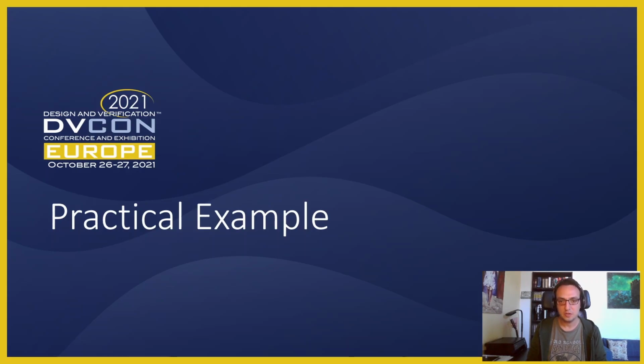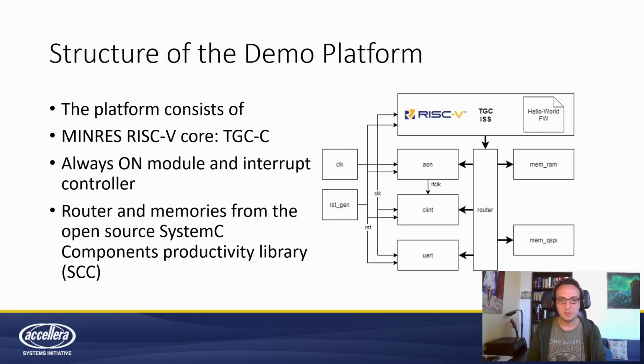In this demo session, we will build up a Python top level for a small VP system. The system is based on the TGC processor and a minimal set of peripherals. TGC is MINRES implementation of a 32-bit RISC-V core. So this ISS is representing a real silicon-proven RTL IP. Around this ISS model, we will build up a VP top level in Python and execute a simple hello world